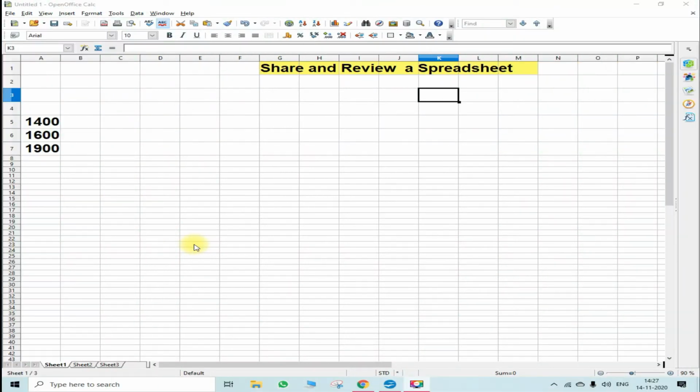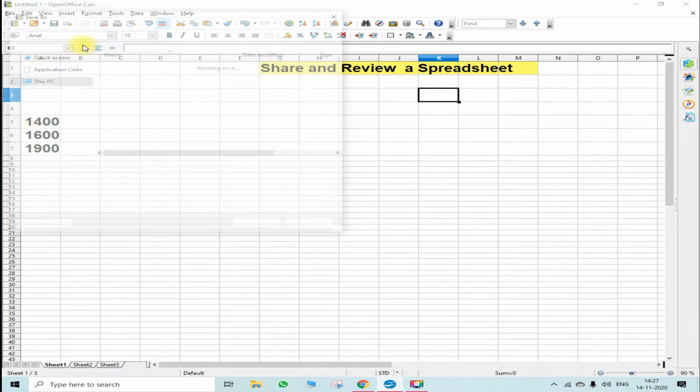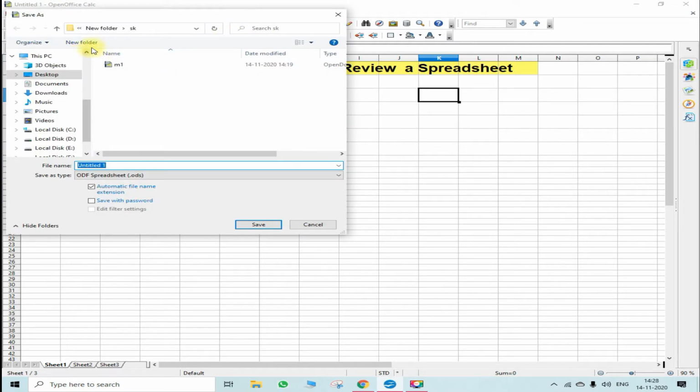So let's start a practical to share and review a spreadsheet. Now in order to share and review a spreadsheet, first of all create a sheet. In the sheet I have written the marks 1400, 1600, 1900. First of all I'll save the sheet: go in File, click the Save option, okay? Click on new folder and just create any new folder over here.